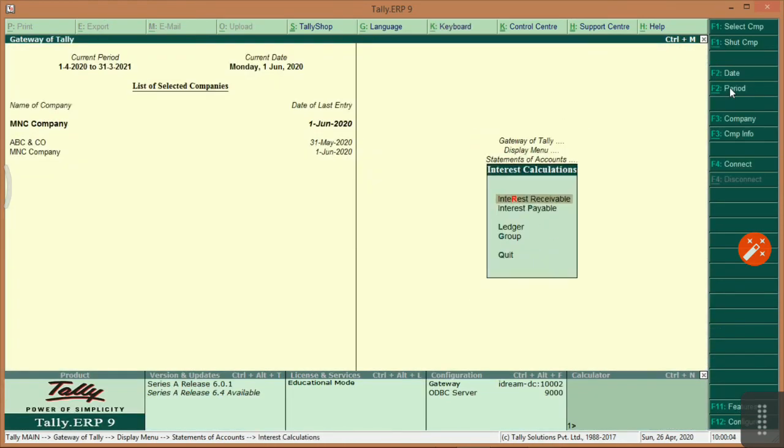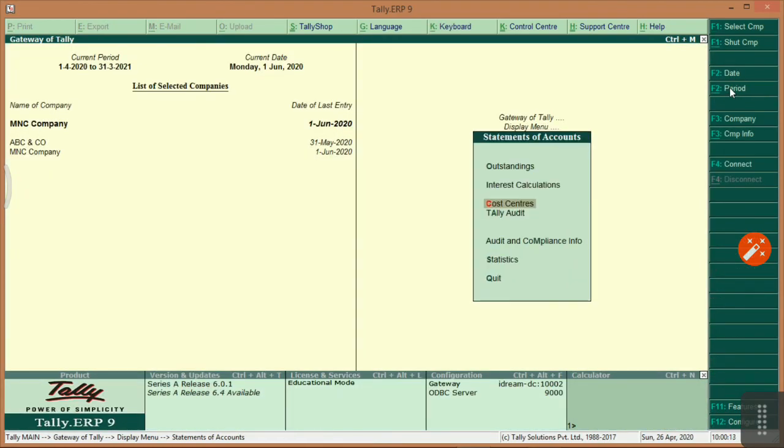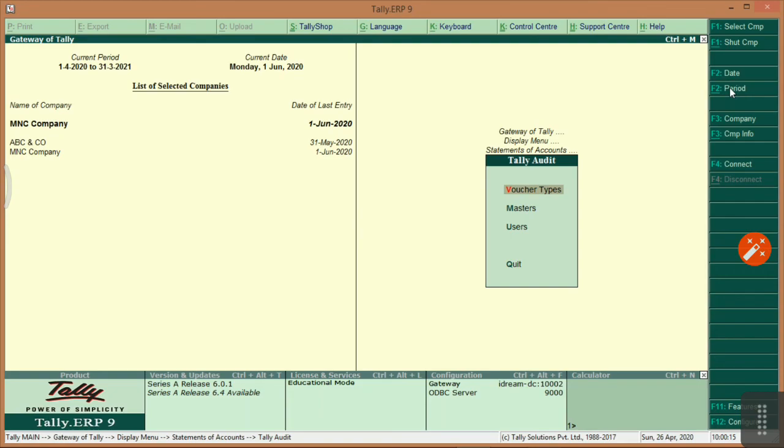Interest calculation, interest on loans given and taken. This option is useful for that. Interest payable also the same. Cost center wise I already discussed. Tally audit features are for auditors, not for assistants.